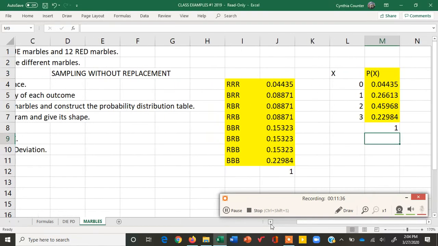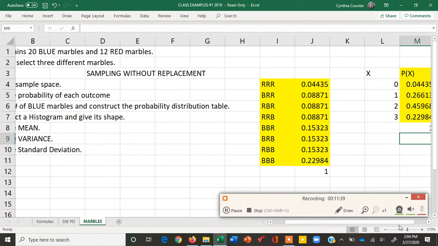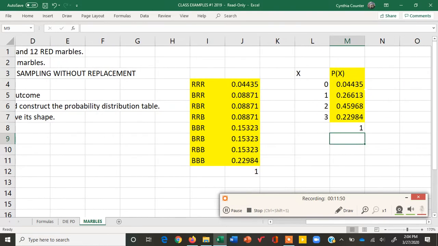Finally, we want to construct the histogram and give its shape. So let us go back here, and to make a histogram, what you want to do is only highlight what will end up being on the y-axis. So histograms will always have X on the x-axis and P of X on the y-axis. So I highlight only the P of X column, and I go to Insert,